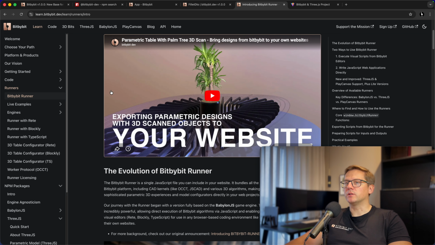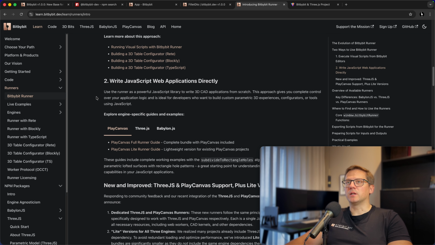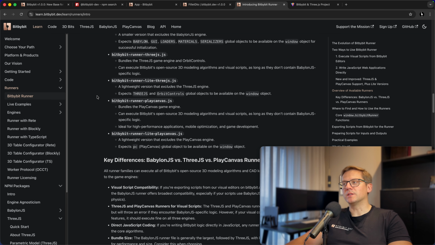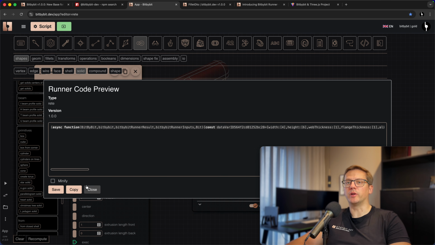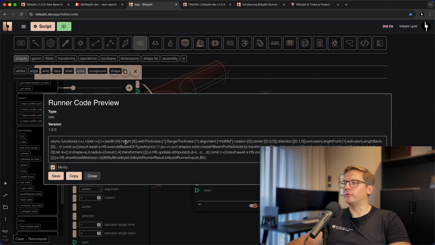This is a foundational technology of Bitbybit. But basically, we explain how that works. It's a single JavaScript file that you embed in your website. And when you have it, you can set it up in a way to be able to execute exported scripts from these visual programming editors. So if you want to export this script, you can go here, hit this button, export to runner. You can minify it before you export, but basically this generates JavaScript that you can copy paste to your website,